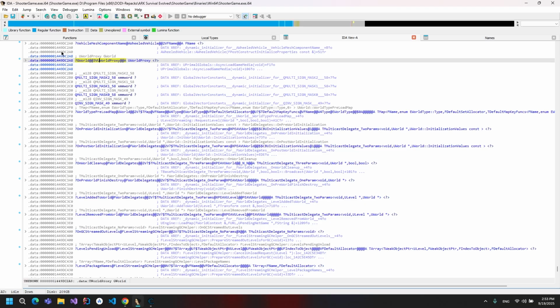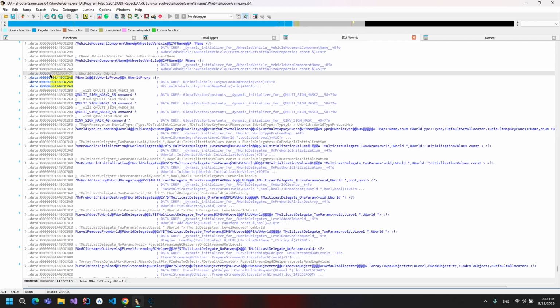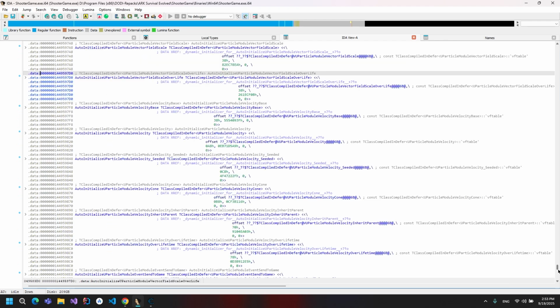Alright, found something. So as you see in this address, it defined the global UWorld structure, UWorld proxy, from the base, but I want you to know that